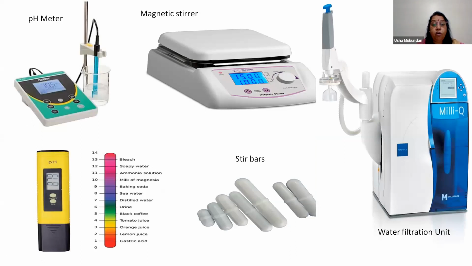How do you mix the media constituents? You use a magnetic stirrer, and these are known as stir bars. So in the beaker or wherever you are mixing the media constituents, you will be putting it on a magnetic stirrer and using a magnetic stir bar. Now the pH of the medium is very important, because the medium as such has a very low buffering capacity. So as a result, the pH of the medium has to be adjusted using a pH meter. A pen type pH meter can also be used, or a conventional combination electrode type of pH meter can also be used. Standard operating procedures are always mentioned.